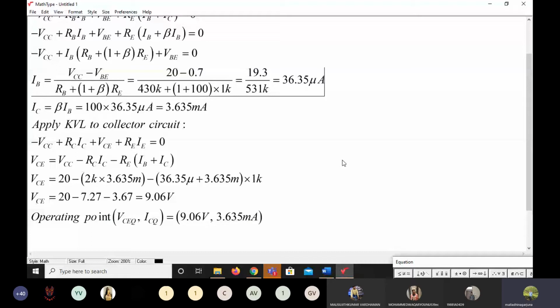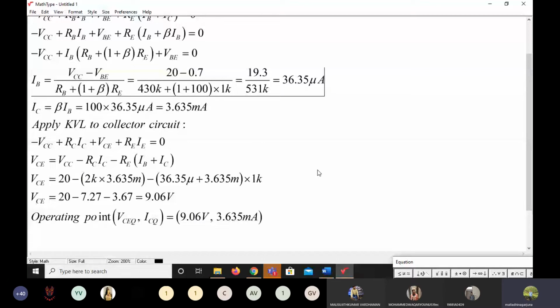Not done the solution. Okay, we solve the solution along with me. So you just follow those equations and try to solve on your own. If you have any queries, anyway I'm solving that solution, so you can see the screen.